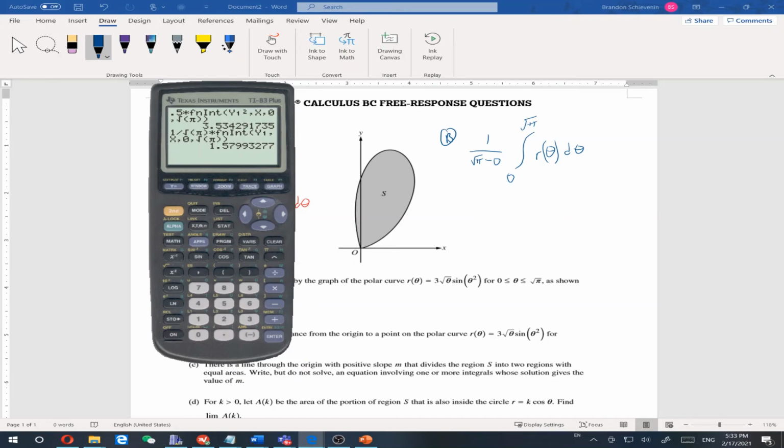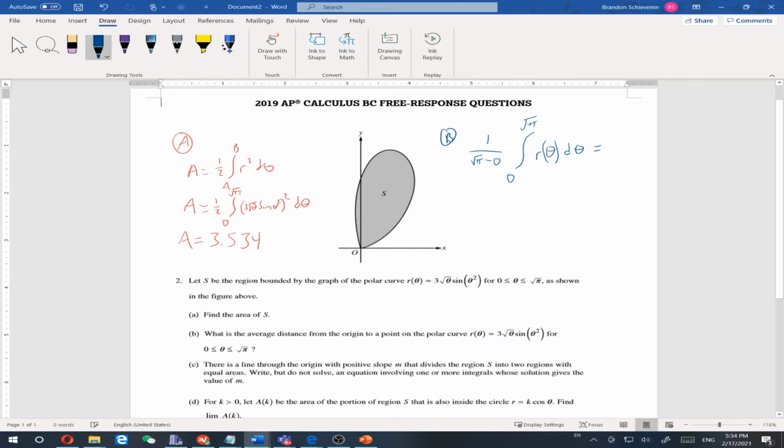Okay, so I've got 1.5799. I'm going to write as 1.580. No units. Any questions on anything from A or B? Oh, no. All right, for C,